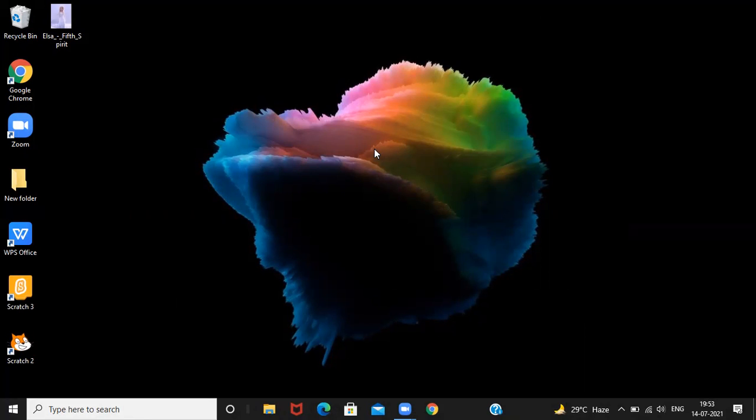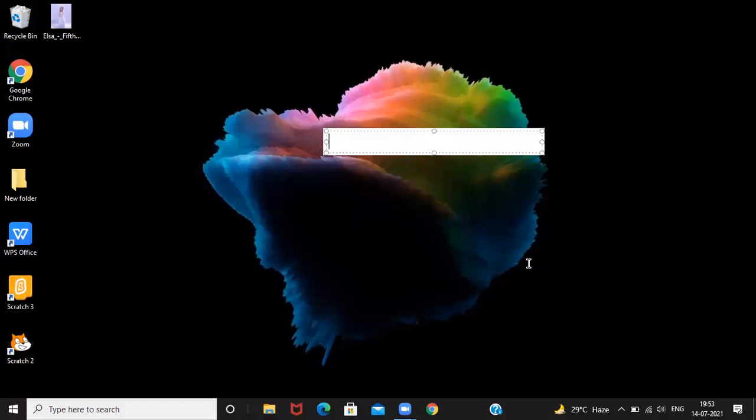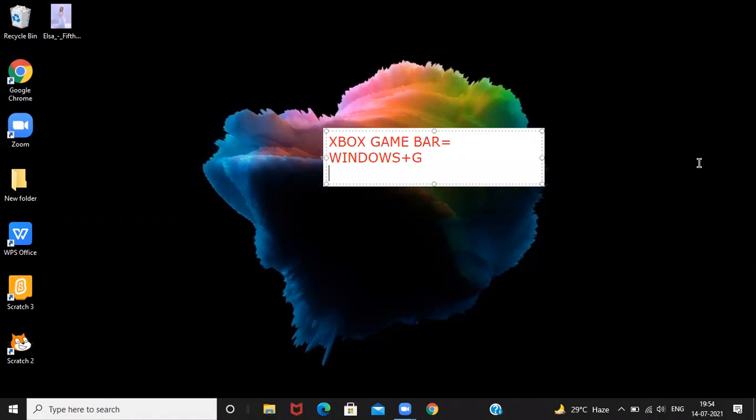You can simply click on Windows key with G, and we have learned many shortcut keys as well. For Windows 10, the shortcut key to open the Xbox Game Bar is the Windows key on the keyboard plus G, to show the recording features and screenshot feature.